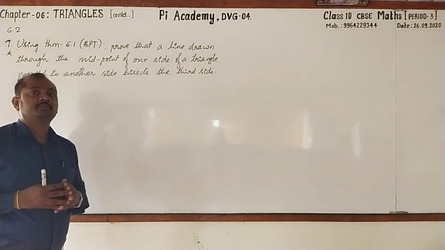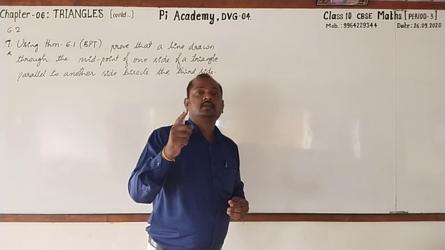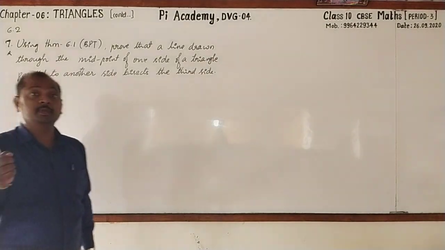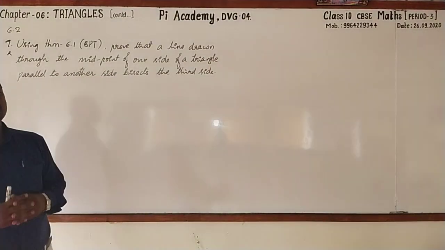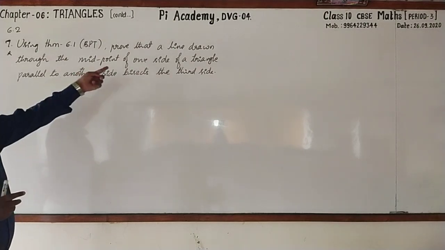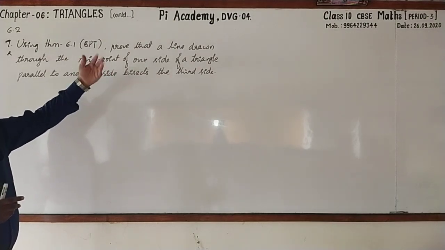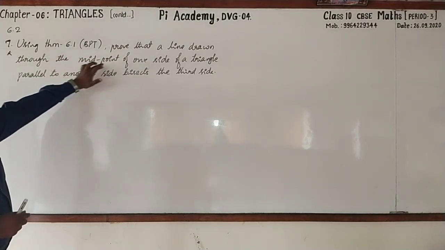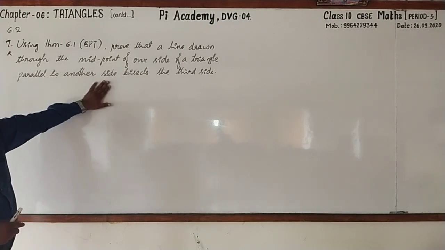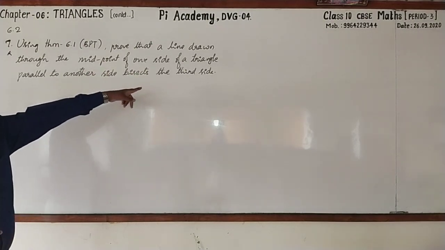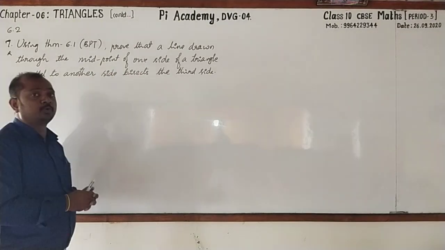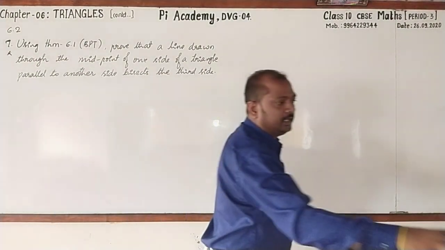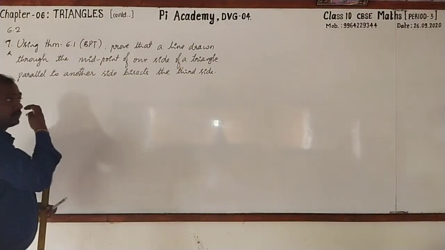Have you come across this statement in your previous class? Yes. Where? Again in the chapter called Triangles in 9th standard. There you have learnt two important theorems: one is the midpoint theorem, the second is the converse of the midpoint theorem. See this statement, which one? It is the converse. A line drawn through the midpoint of one side of a triangle parallel to another side bisects the third side. We have already learned how to prove this, but particularly it has been given that we have to use BPT, right? Yes. Please copy this.